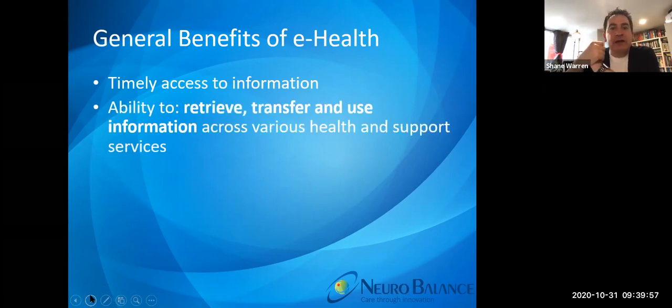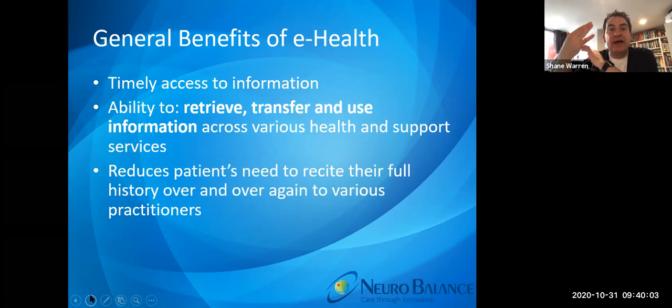And we found that practitioners who bring it into their service find that timely access to information really helps. The ability to access and retrieve information from various locations. At the moment, I'm talking to you from my study at home, and my private practice is up the street, so in that situation, you can always still access and support people.